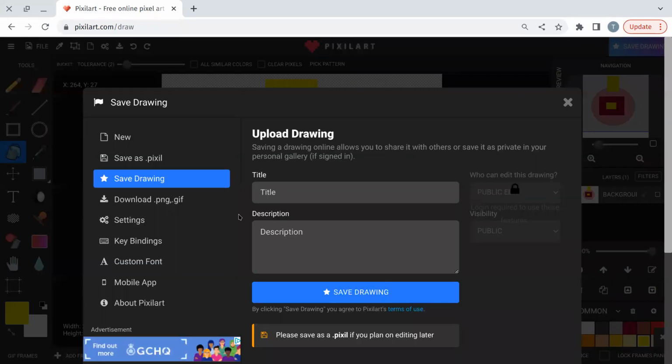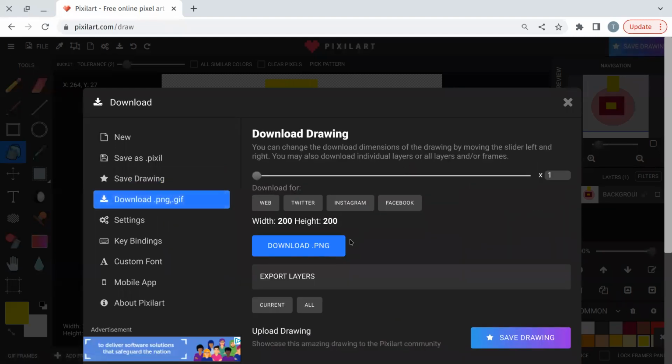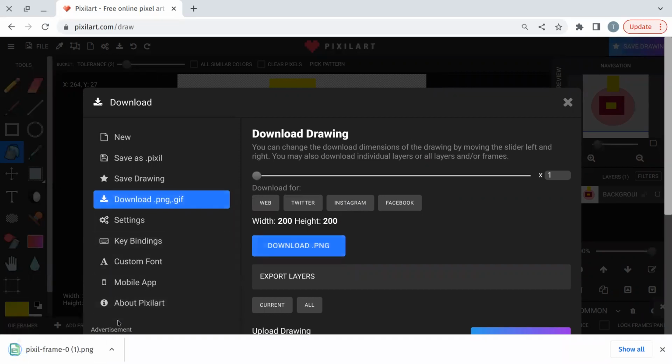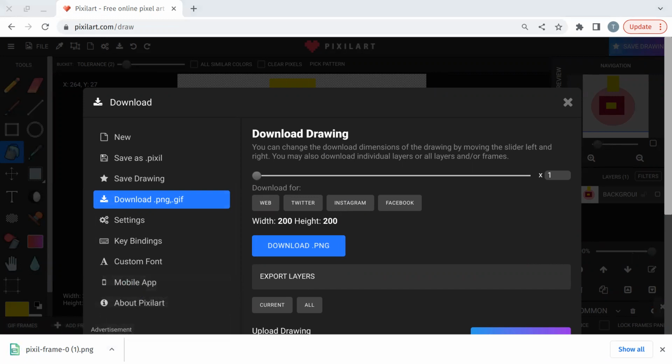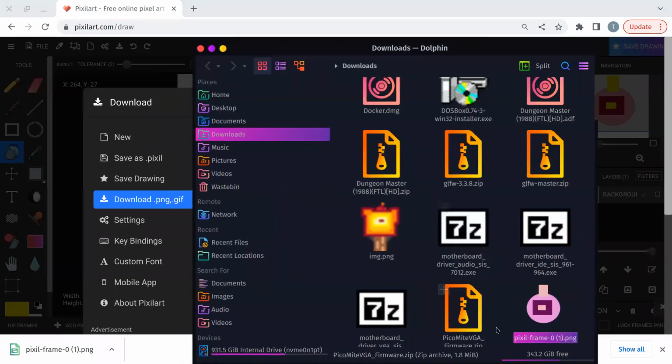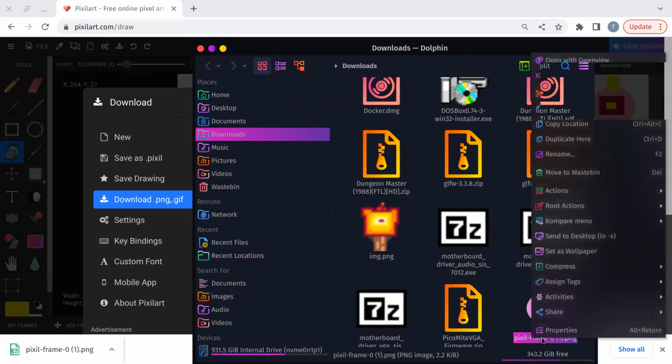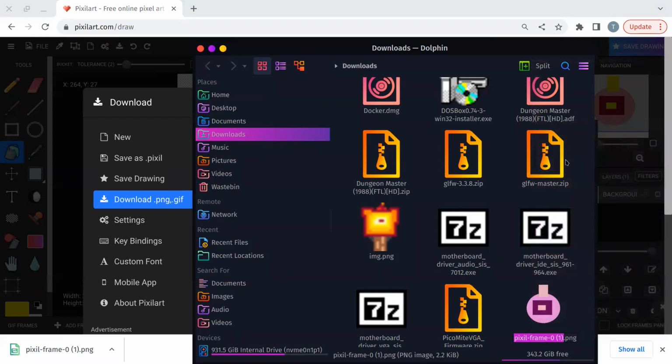So, save drawing. We'll save as PNG, 200 by 200. Download the PNG. What I'm then going to do is show in folder and find it. There we go. I'm going to rename this. Whoops, let's not open it. Let's just rename it to, I don't know,